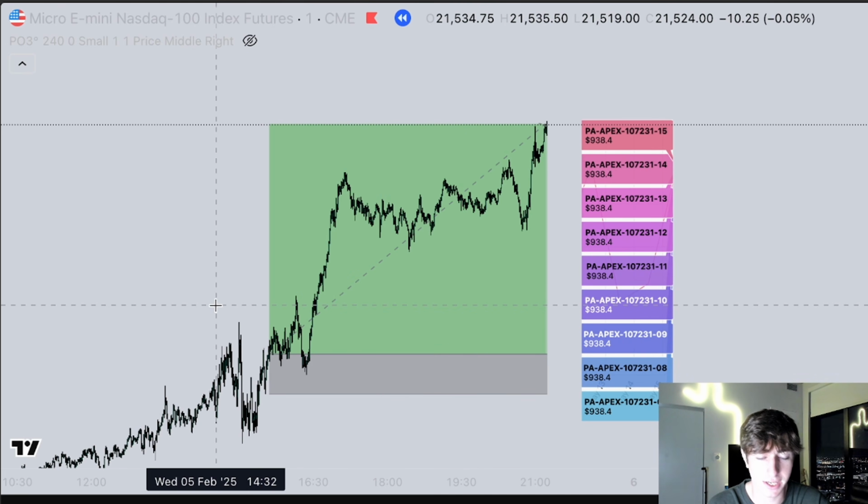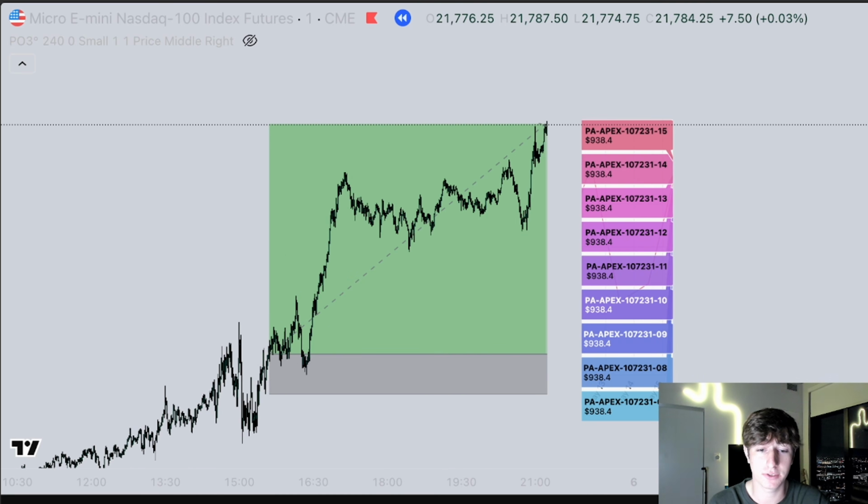It was a pretty textbook setup on a week of some pretty weird, rough price action, but we actually did get some good delivery today. This is going to be a full top-down analysis. This is not necessarily the most traditional PO3 setup you will see, but I thought this is a great video